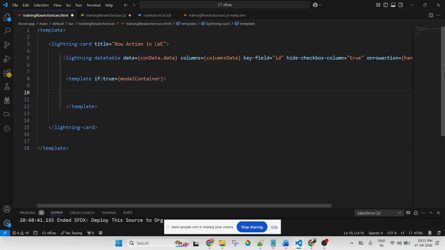So how to display a modal pop-up? It is very important. If you're working on a live project, sometimes you use a modal pop-up. So how to display a modal pop-up? This is another task.